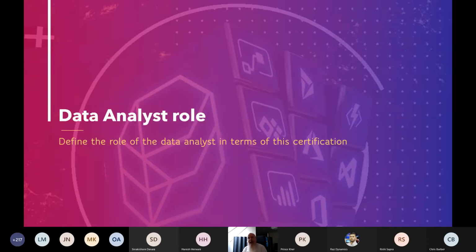Right, the data analyst role. So the way Microsoft writes exams is they first of all define a job role. They've gone from very much a product focused approach to examinations into what they call role focused. The exam is focused on somebody's day-to-day job, the sort of things a person in this role will do. And what you do is you get together as subject matter experts such as myself, where we get around and we define what is this role, what does this person do. And the idea is you don't get the situation where you have to know the ins and outs of every little thing about a product, which you'll never use.